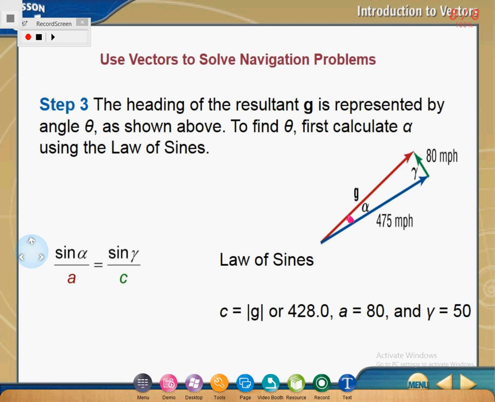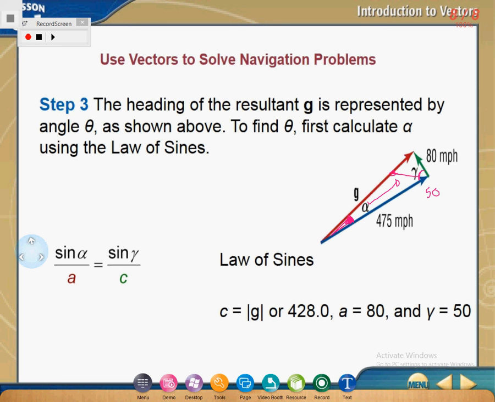The real angle should be according to north, west, east, south. It should be related to one of them. So let's start. If I have this A, or alpha, I want to find this angle. I have an angle, and opposite of it I have a side. I have another angle, which is 50. The opposite of it